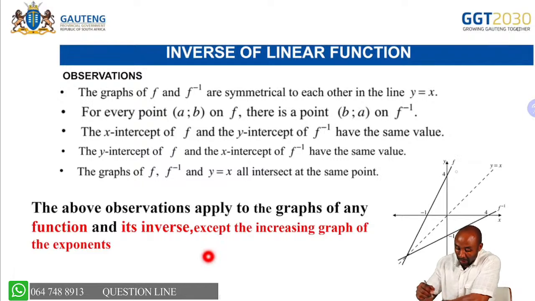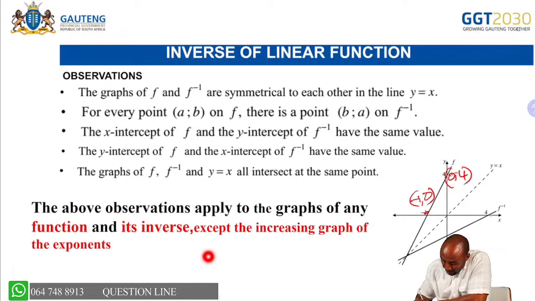This is the summary I wanted to make earlier on, where you will see that whatever is a y-intercept on the graph of f becomes the x-intercept on the graph of f inverse. I had 0 and 4 here. I have negative 1 and 0 there. Here I now have